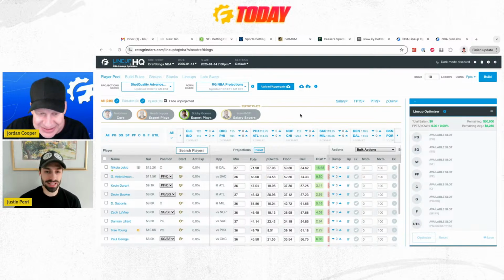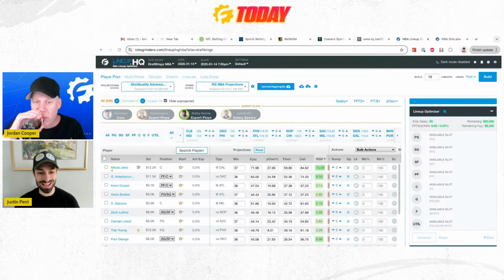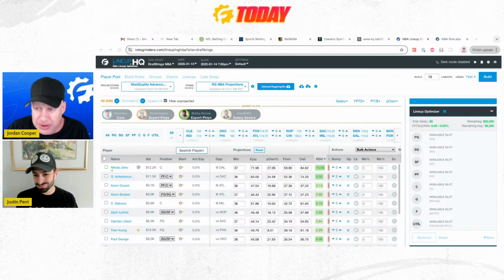shot quality is definitely liking the opportunities he's going to get to create good shots against this Dallas Mavericks defense. Dallas ranks 10th in offense and 13th overall in the NBA, but their defense is what weighs them down at 21st overall in the league per shot quality, allowing 1.17 expected points per possession, but only giving up 1.12. So that increase of about 2.5% in terms of the average shooting percentage across the floor just means that what shot quality is seeing is a much worse defense than maybe the models that price props and DFS prices against box scores.